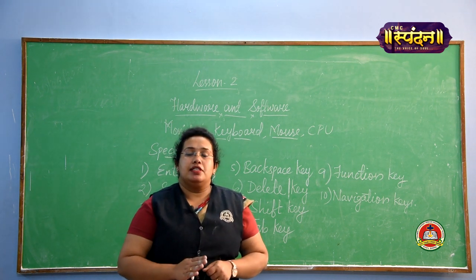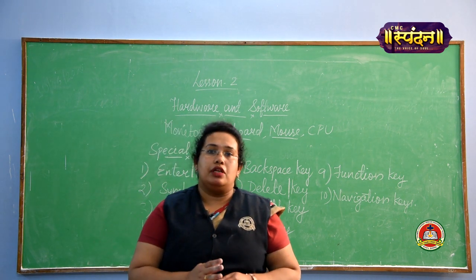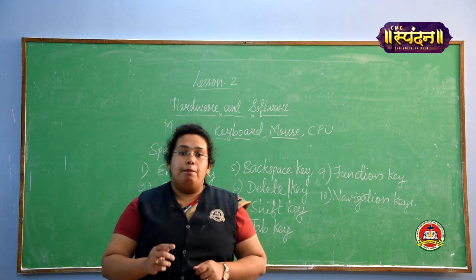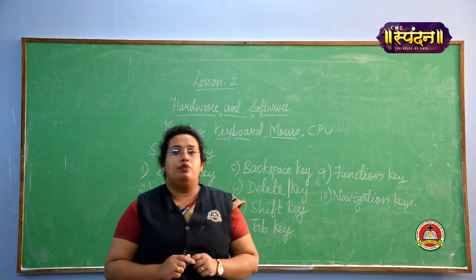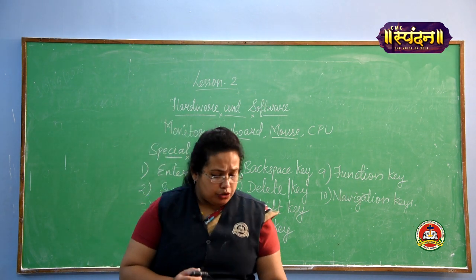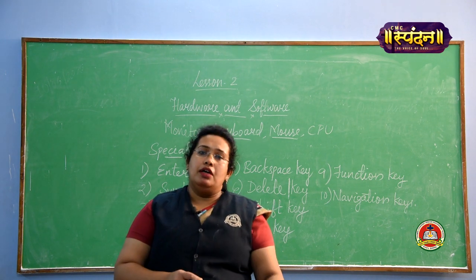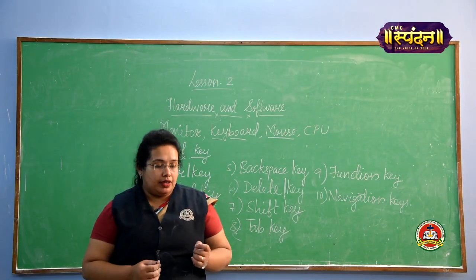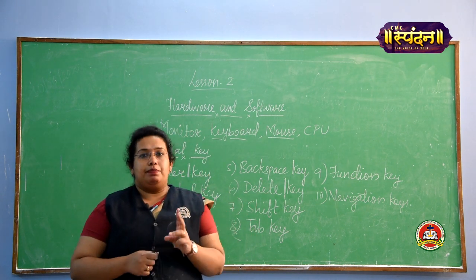All these 3 buttons have different types of function. We need all these 3 buttons when we are using a mouse, because without the help of all these 3 buttons we cannot perform any work with a mouse. So first I will show you the picture of a mouse. This is the picture of a mouse. Now we will move to the next hardware device, that is the mouse. A mouse has 3 buttons.